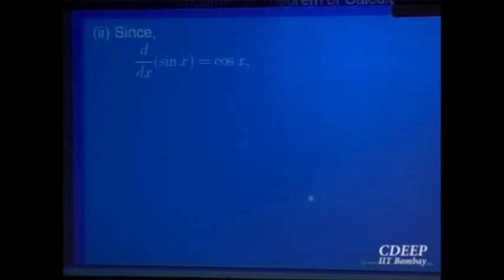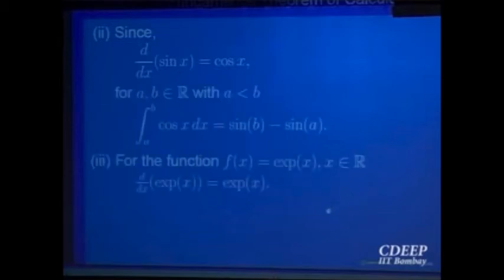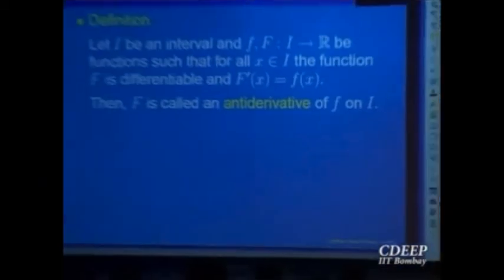So let me not spend time over these things. Derivative of exponential is exponential. So those are the integrals. The important thing, Fundamental Theorem of Calculus Part 1, says the important thing is to recognize, for a function small f, a function capital F whose derivative is small f. That is an important quantity, right? What name should we give to that quantity? A name is given, that is called the indefinite integral of the function, or antiderivative for the function. So let us call it antiderivative for the time being.